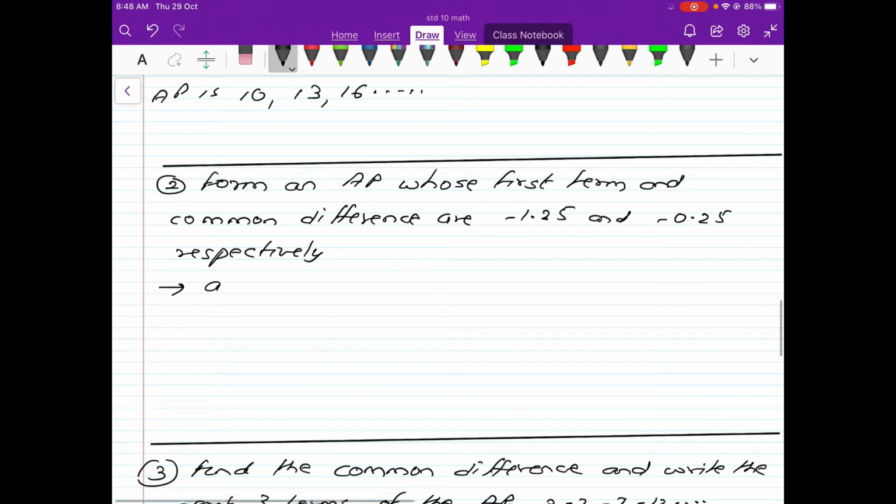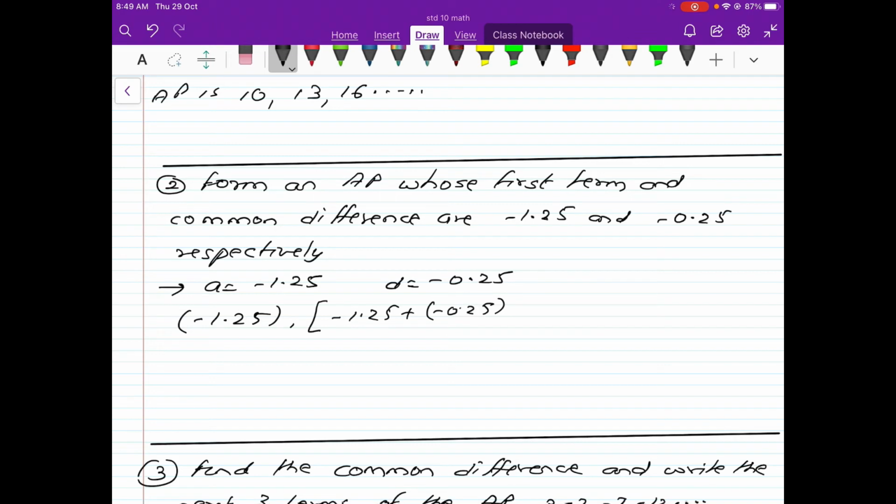So the first term given to us is minus 1.25. The common difference given to us is minus 0.25. So how will we find the AP now? This is my first term, I am writing it in brackets and putting a comma. The second term will be minus 1.25 plus the difference we have to add, minus 0.25, and the